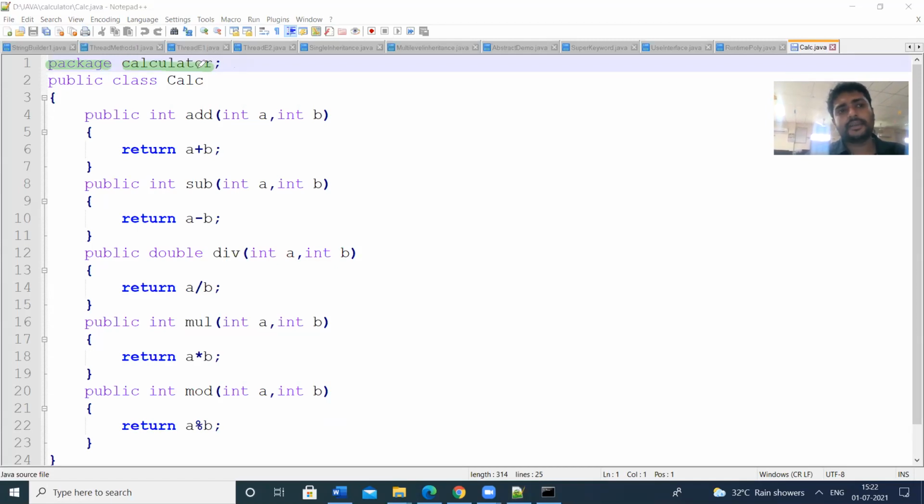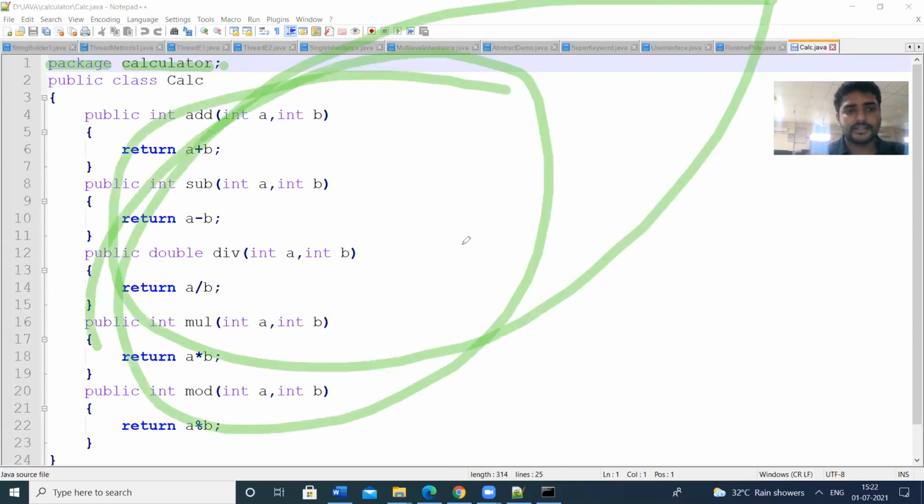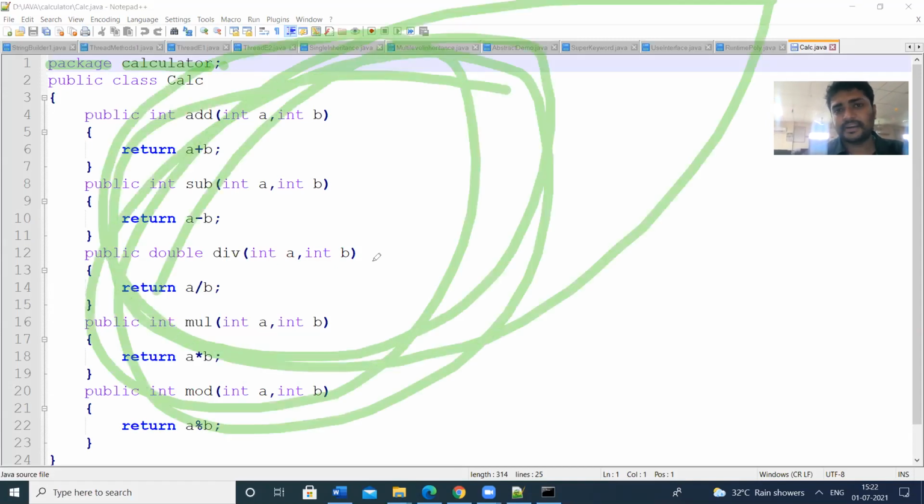Package is a keyword, calculator is the package name. So the folder name is calculator. That means we are going to create the calculator package. So this is the syntax for creation of the calculator package. All this program can be treated as the package.